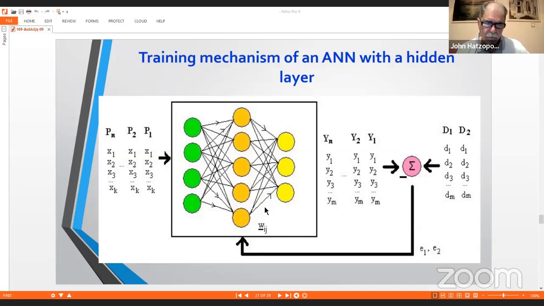What we can do is take sets of values, like P1 is one set of values, P2 the second set, up to N sets. For each set of values, we know what the outcome is. For instance, for P1, we know that the outcome is Y1. So when we feed the neural network with these values and we get the output, we compare what we get with what we expect to get, and we get the so-called error, epsilon, E1, E2. This error helps us to do the feedback, change the weights of the synapses, and try again